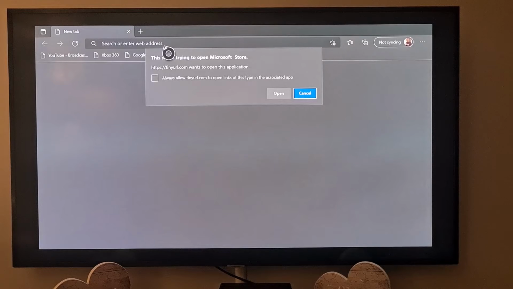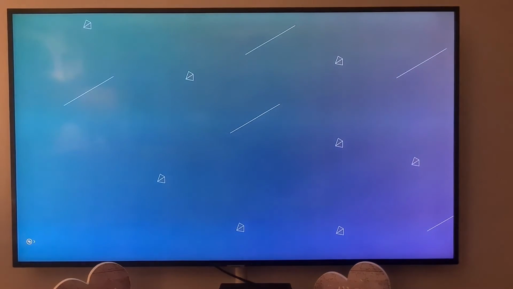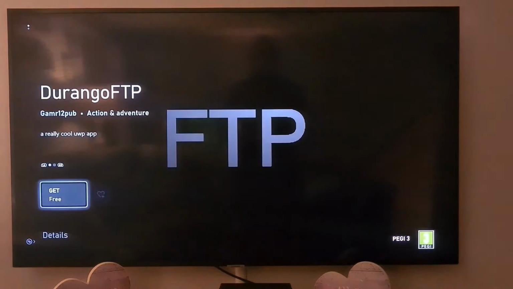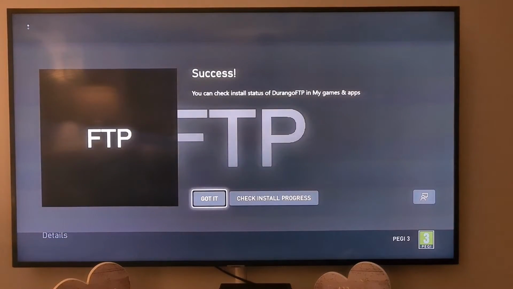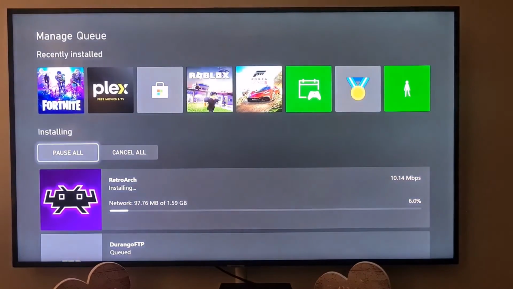Apologies, my typing is obviously quite slow. It's a bit tricky on the old gamepad, but there we go. So it wants to open up the store. Just say OK, or say open. Opens up the store, and like I say, this one's the FTP program, so file transfer protocol for those that haven't used it before. And same thing again, click on OK. It will say install, and then you can go to your